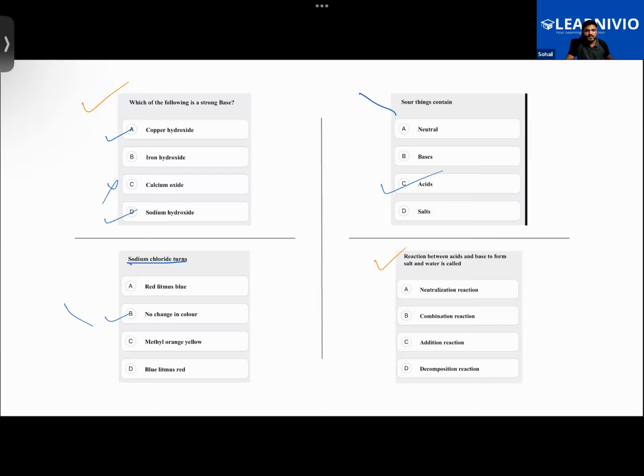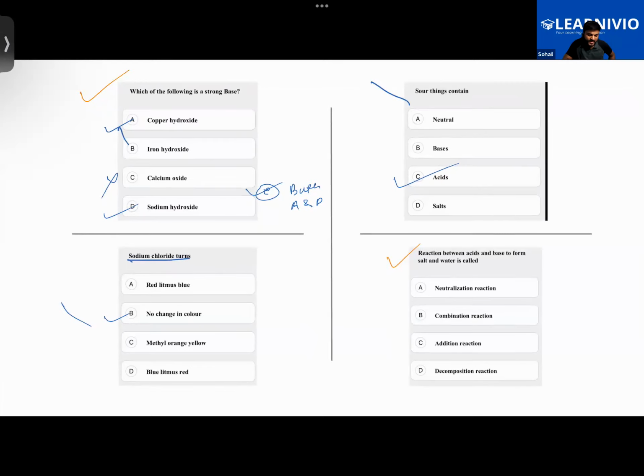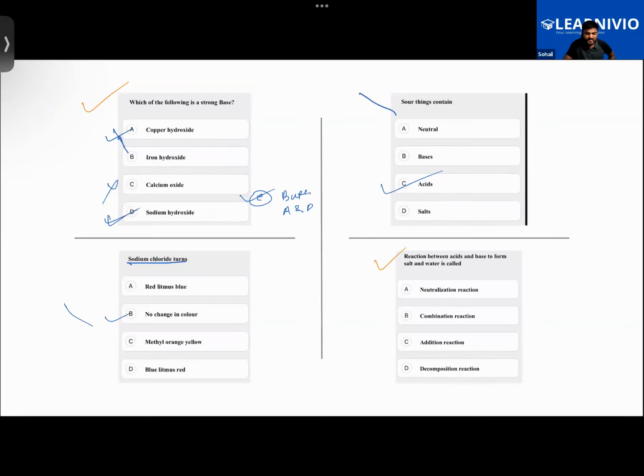However, just one more thing. Sodium hydroxide is usually considered stronger than calcium hydroxide. So if in an examination you have an option E where you have both A and D, you should tick this one. But if only these two options are given, the appropriate one is sodium hydroxide because it is considered stronger than that one. Getting it now? Yeah, Sir. The last one, the fourth one, it is A. A neutralization reaction. Good. Okay, so that's it for